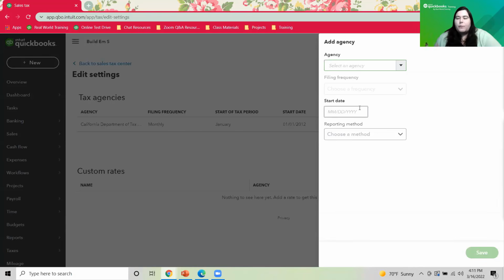or even by a third party that's designated by the local. If you're in one of those jurisdictions, you will need to actually add the local tax agency in addition to the state agency. And you have to add that local agency so that the local tax will apply on the invoice. And I'm going to give you an example here. So if you are doing business in Golden, Colorado,